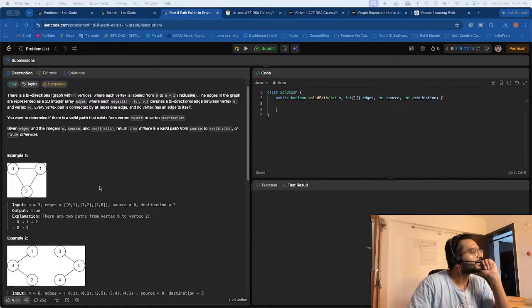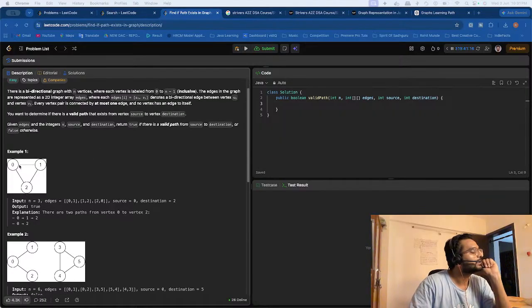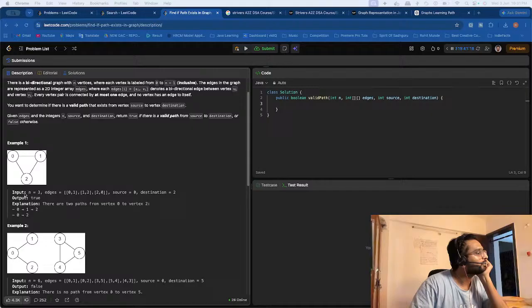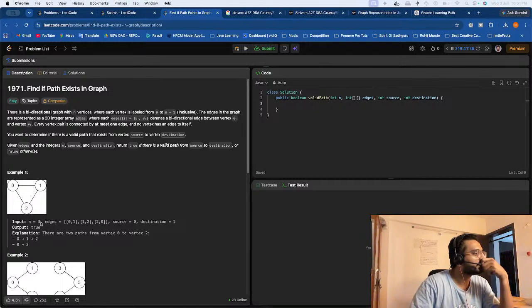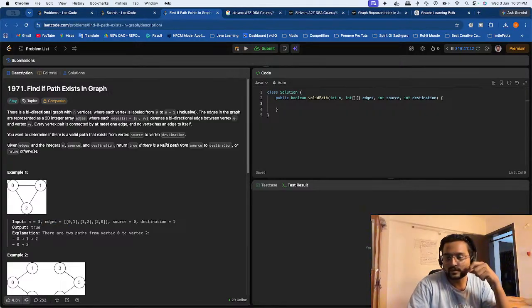Given edges and this, so for example, 0 1, 1 2, 2 0, input n equal to 3. What is n? Given edges and the integers. 0, 1, 1, 2 and 2, 1. So it is saying three edges, three integers are there and the edges are this. Source is 0, destination